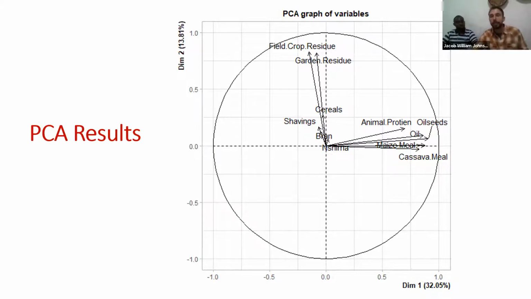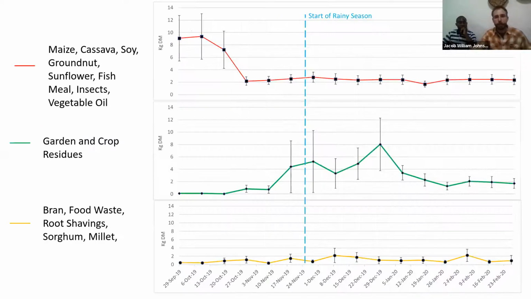And if you look closely, you can see that the analysis grouped feeds according to what we talked about in the beginning, which are supplemental feeds like oil seeds, maize, and cassava meal. And then it grouped natural feeds or additions to promote natural feeds like crop residues. These guys here in the middle are a third grouping that represents feeds that were used intermittently and in low quantities. So if I took those groupings and assigned our yield data to the groupings identified by the PCA, and we plot it through time, we get these yield graphs.